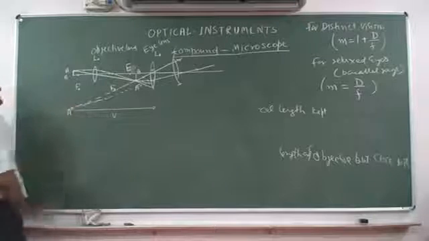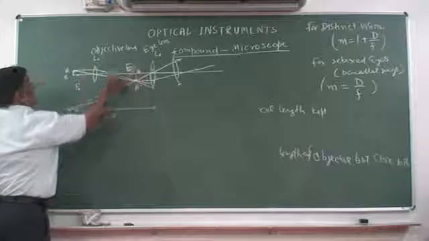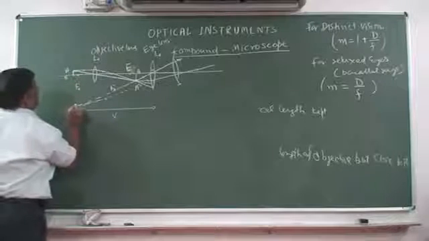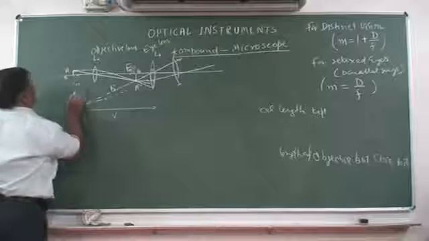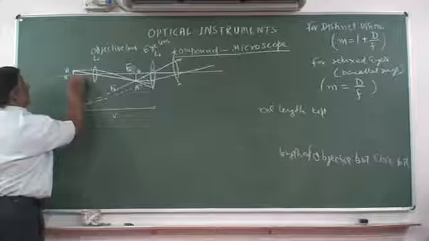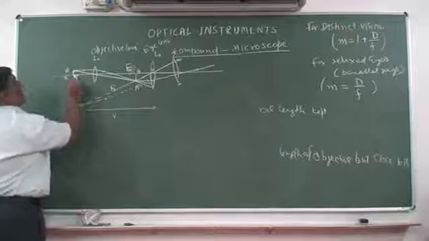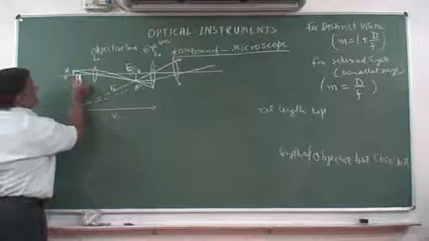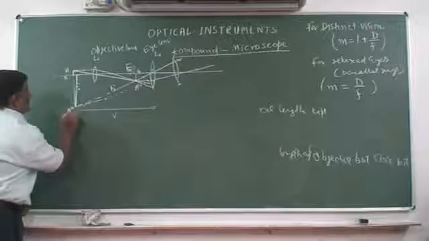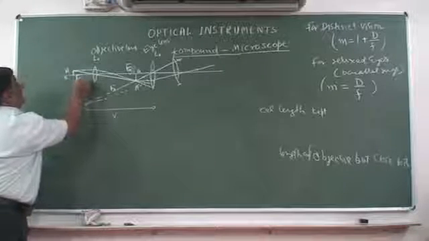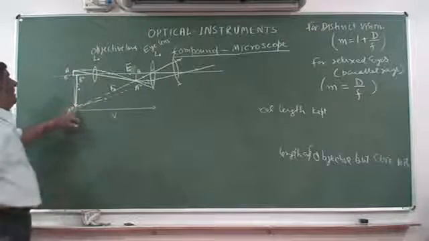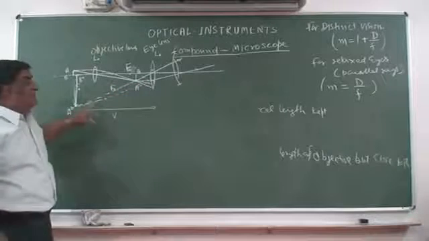A double dash. Then image of B is always on the principal axis, and we draw a line here. Let us draw a line here. Anywhere. Straight. It has no connection that it should be on this side or on this side. It can be anywhere. This is A double dash and this is B double dash. This one. Now this is the final image made by the second lens.